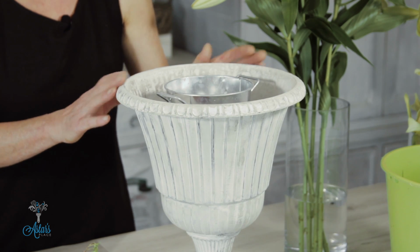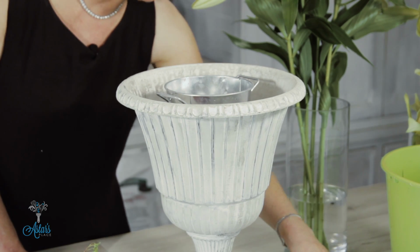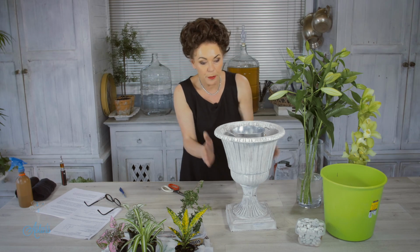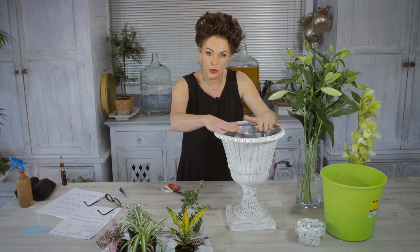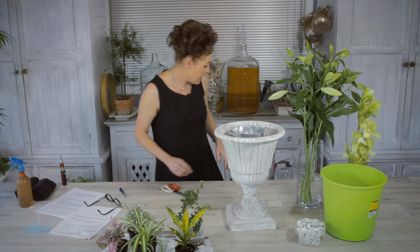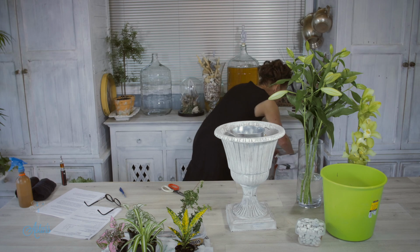So into the urn here, what I've done is I've put a whole heap of pebbles. In fact, I've put about that much worth of pebbles down the bottom of my pot, and then I've put my second pot, which will be holding the fresh flowers, down into that. And then the next thing I'm going to do is, with trying to not make a mess, but I will,